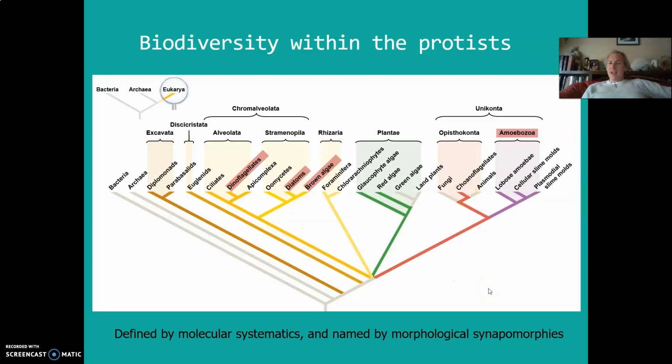Today, we really use DNA to figure out the relationships of these, and these names up here often are defined based on some organelles or special structures within the cells that close members turn out to be synapomorphies for. But you don't need to know these details. We're just going to focus on a wide range of pretty unrelated, but in some ways similar, in other ways quite different types of phylogenetics within these groups. So let's talk about the diatoms and the dinoflagellates first.